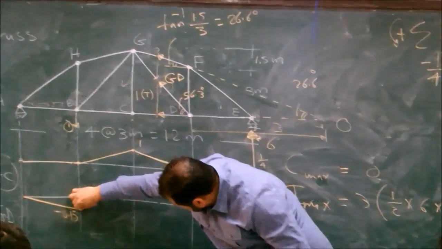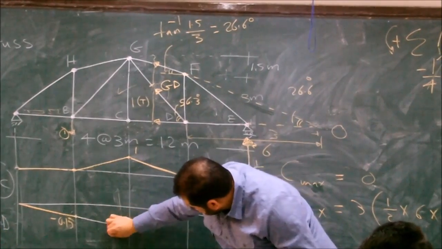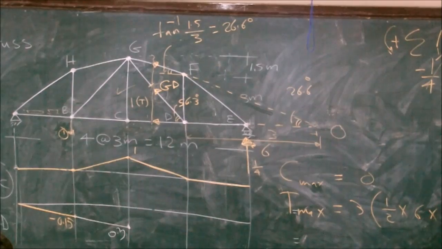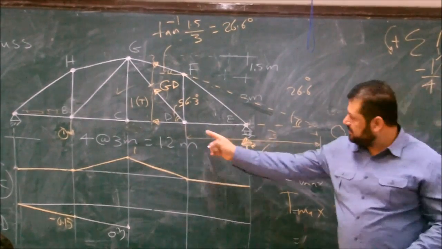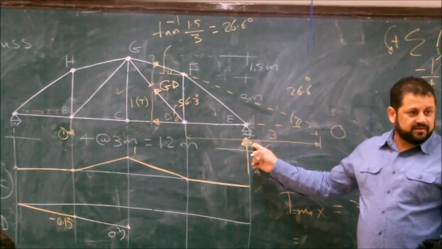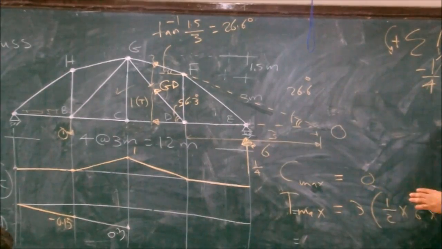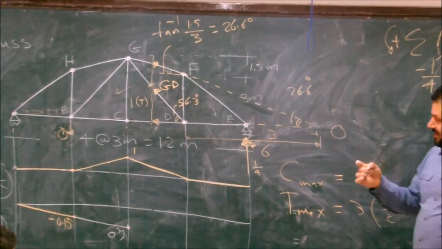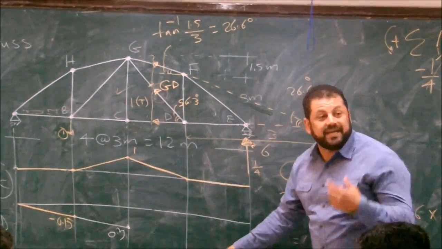I will continue this slope. Good. Now, when we have it here, this will become 3/4. Now, if the unit load is here,